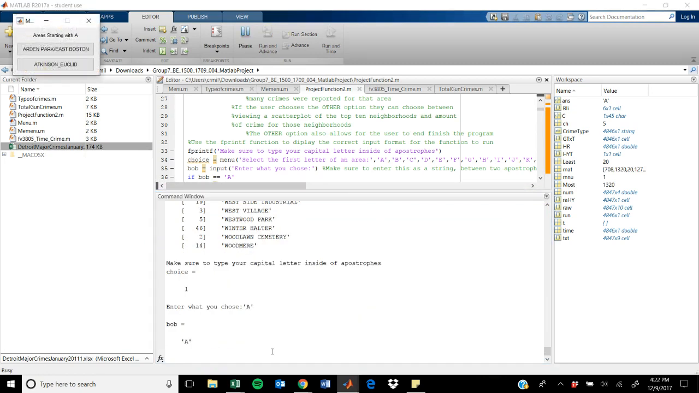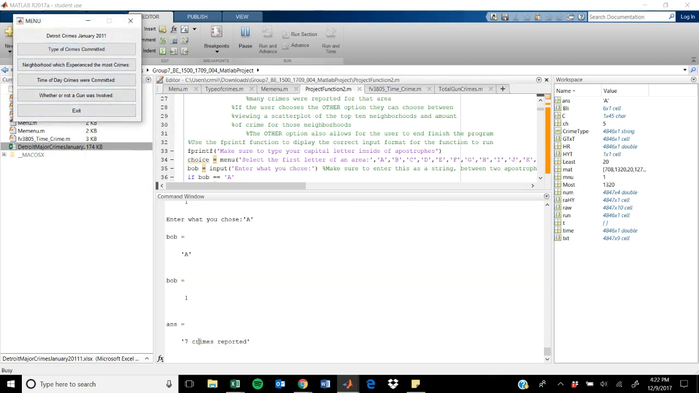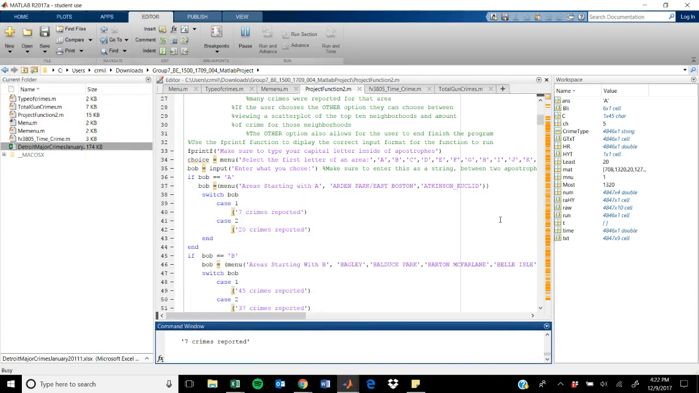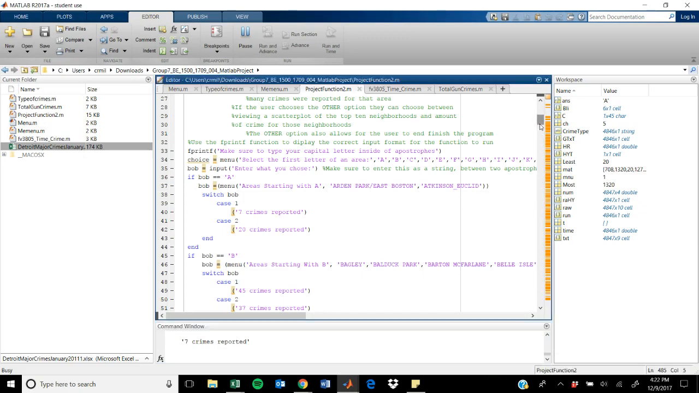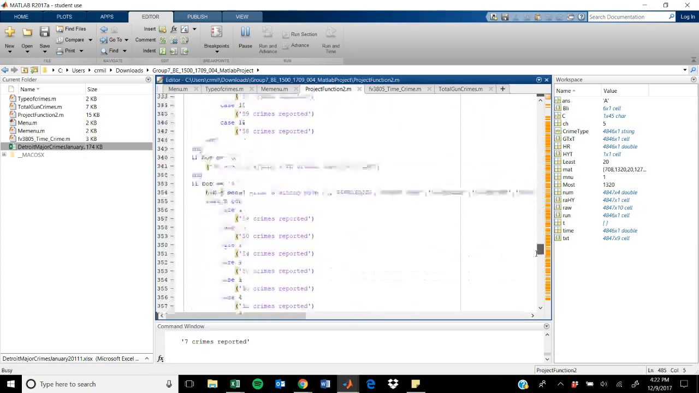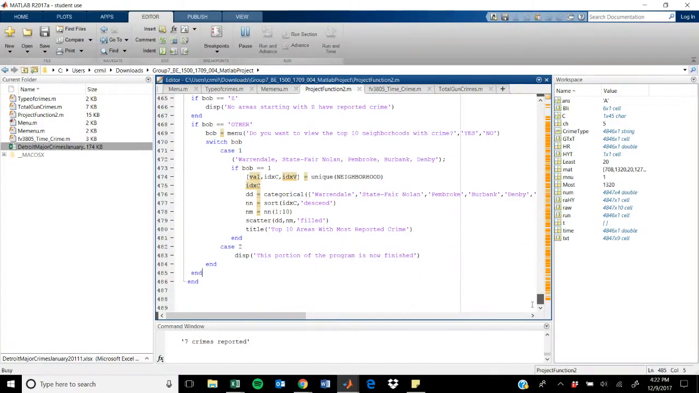I'll click enter. I'm going to pick which one I meant, so whether it was Arden or Atkinson. And it's going to tell me there were 7 crimes reported. So another thing that this one can do, after using the switch case to give you the types of crimes reported for each place, which goes all the way down to here,